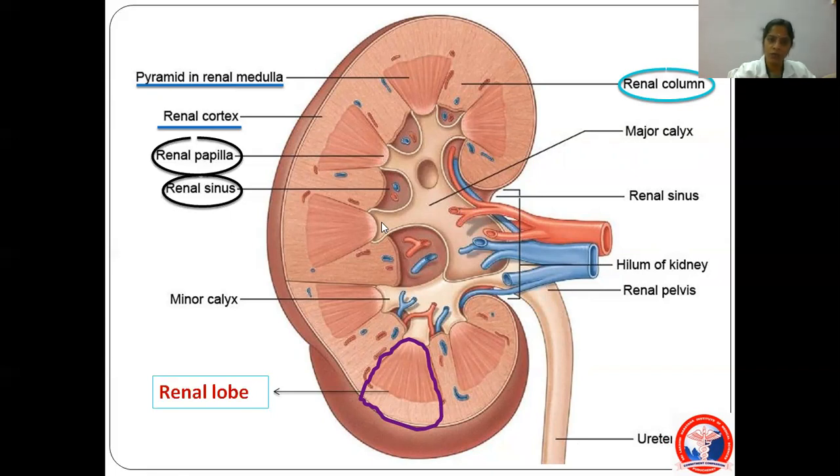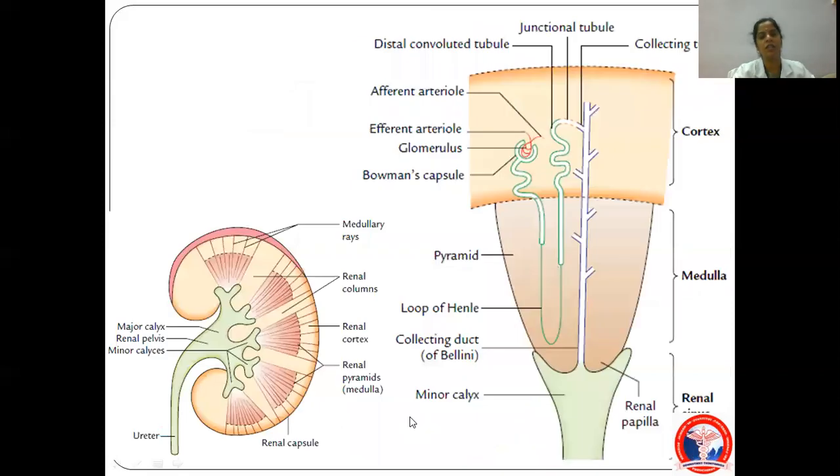Okay, now we discussed the kidney proper and the renal sinus. In the kidney proper, we have the cortex and medulla. In the medulla, we have the pyramids. Between the pyramids, we have the extension of the cortex, named the renal column or column of Bertini. The projections of the renal pyramid are called renal papillae. From the papilla, the minor calyces start and form the major calyces. Major calyces continue as the ureter. Then one more thing we have to know: the pyramid along with the adjacent cortex is named the renal lobe. So within each pyramid and the cortex, what do we have?